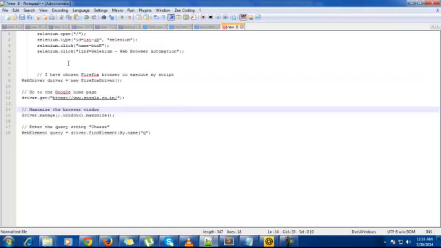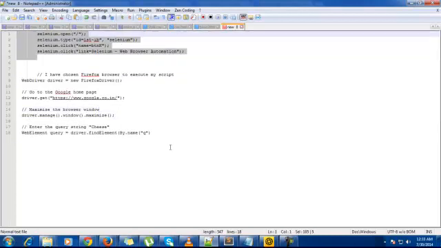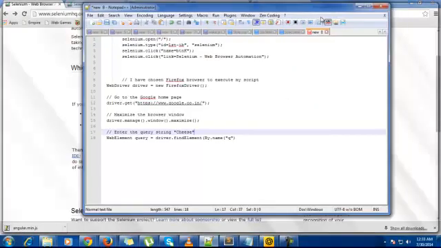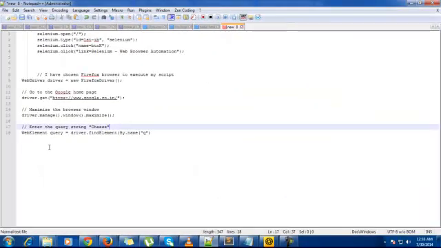The next thing is remote control in WebDriver. We can run the server and hook our instance to that remote server, and it will communicate through the JSON wire protocol.